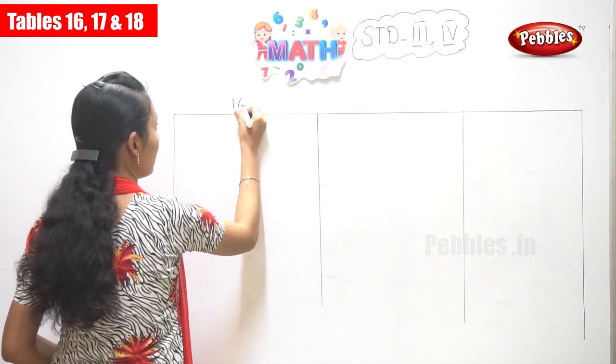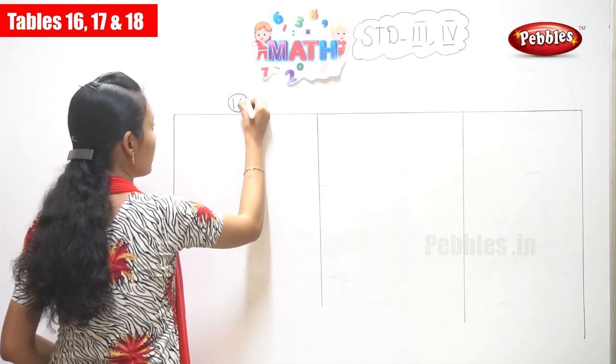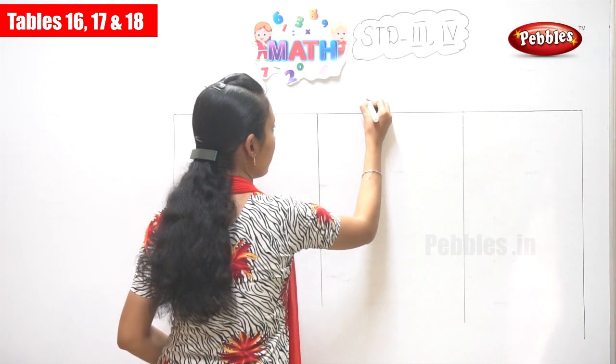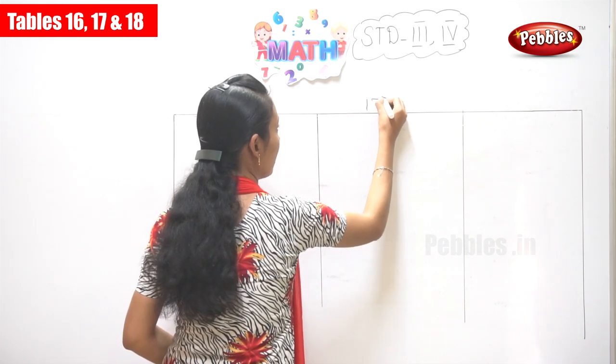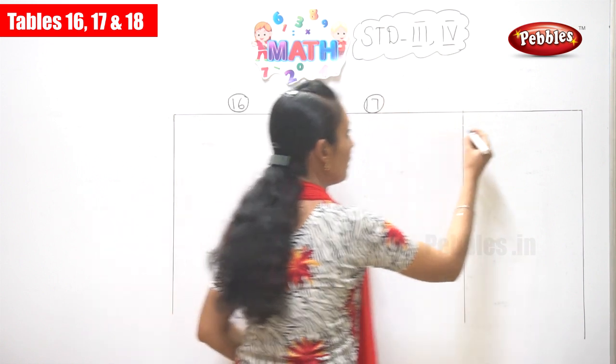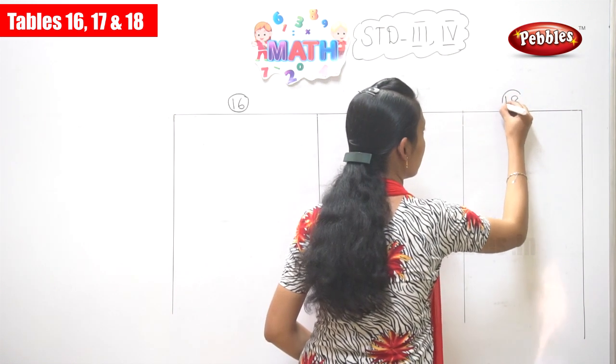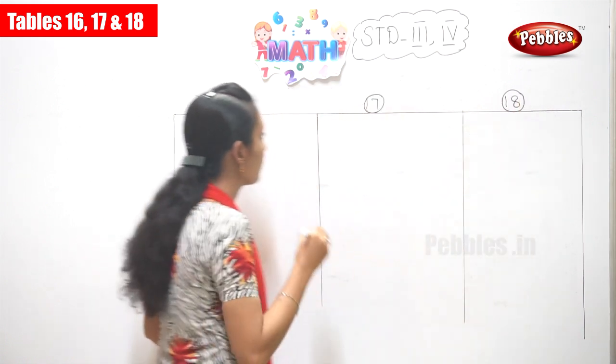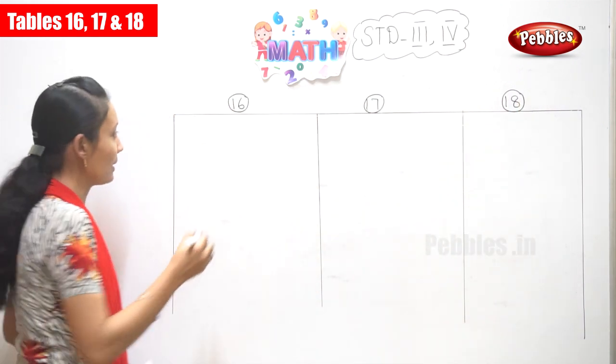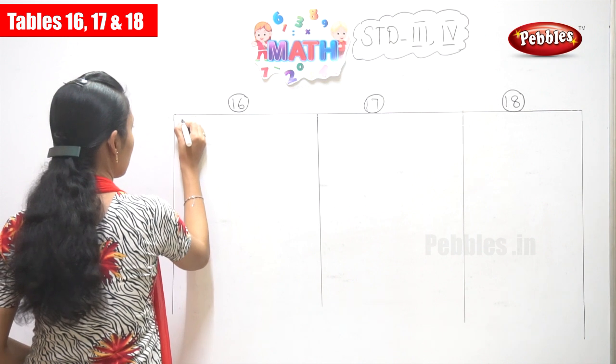Okay, so we learn it for 16, 17, 18 table. Okay, so first we will learn it for 16 tables. Now 16